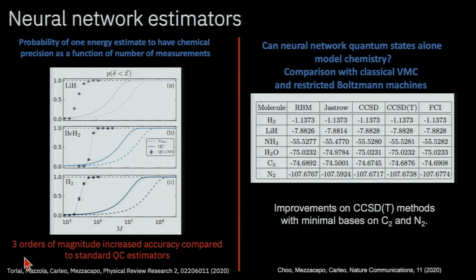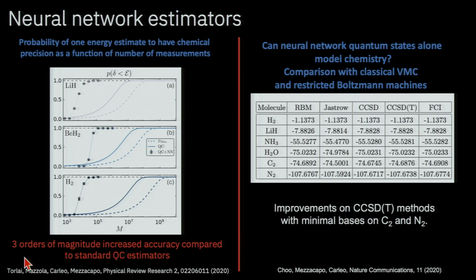So these are the numerical results. What we observed is that as a function of the number of measurements that we took on the original quantum circuits, if we were just to use a naive quantum estimator, then the probability that our energy estimation on this approximate ground state for a molecular system is within chemical accuracy of the true value, you see that this is the line for the naive quantum estimation, would require many more measurements to get to 100% probability of being close to the exact ground state, whereas using this estimator through a neural network, we get there much faster.